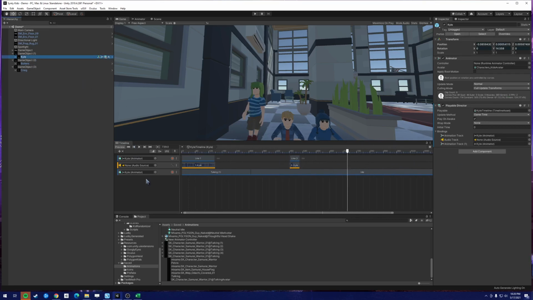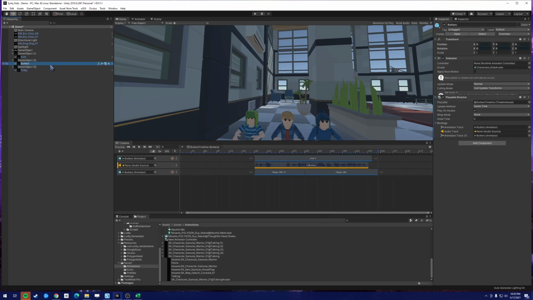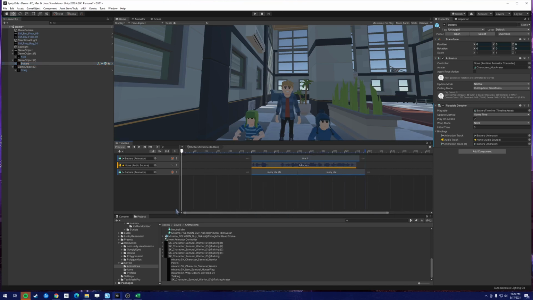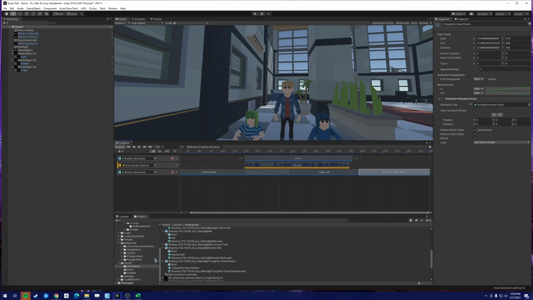All we have to do is basically make sure that there's an animation track that goes longer than where Craig ends to, so about 1,000. So let's make sure Butters has an animation that goes to 1,000, which he doesn't. So let's just add maybe a breathing animation in the beginning that goes into the happy idle, and let's go to a thoughtful head shake afterwards. Now all these animations were taken from Mixamo, which is awesome. I highly recommend